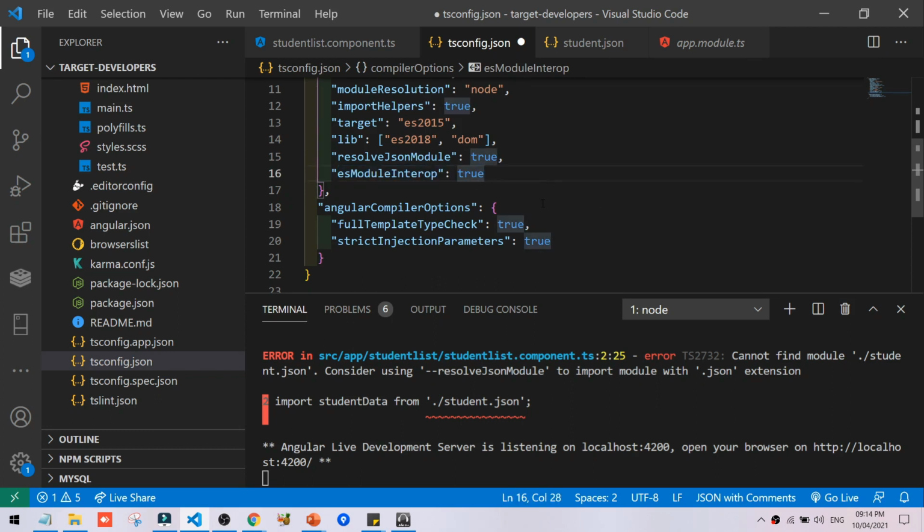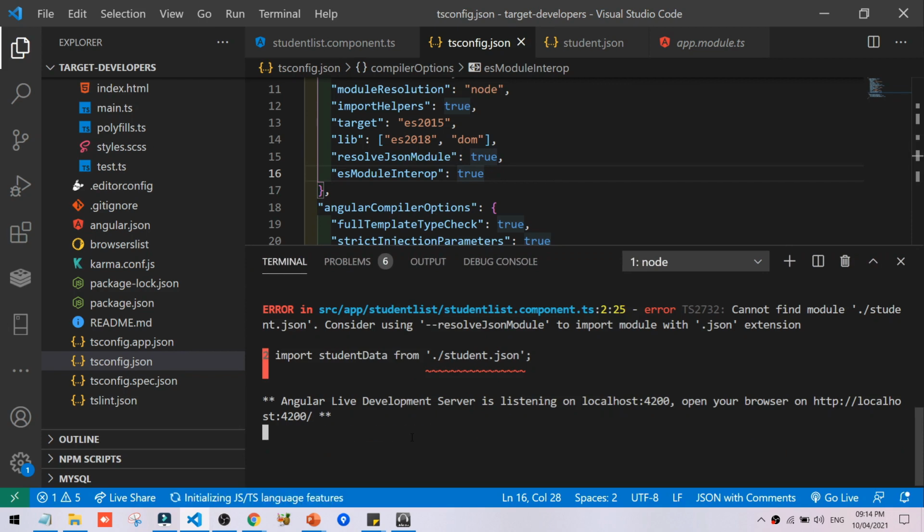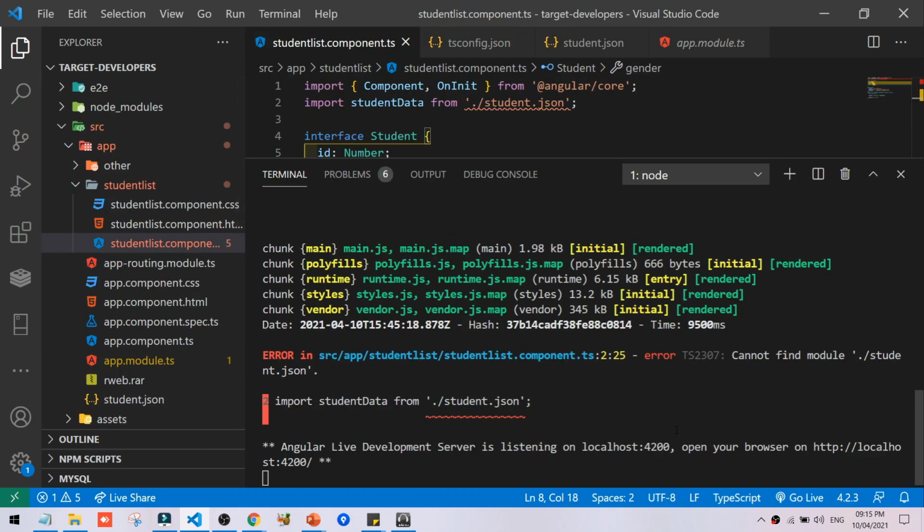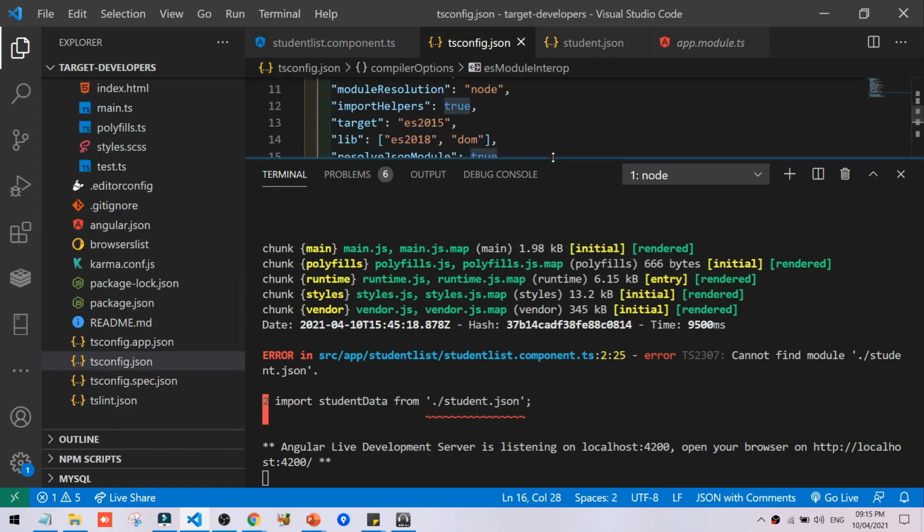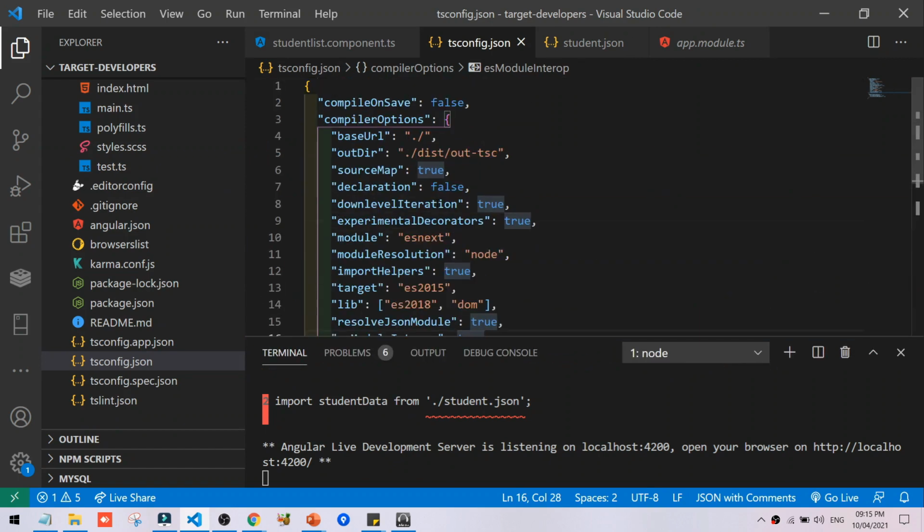So we will save this and run the code again. So guys, you can see that one error has gone. The resolveJsonModule error that was coming earlier has been resolved by putting this line of code.